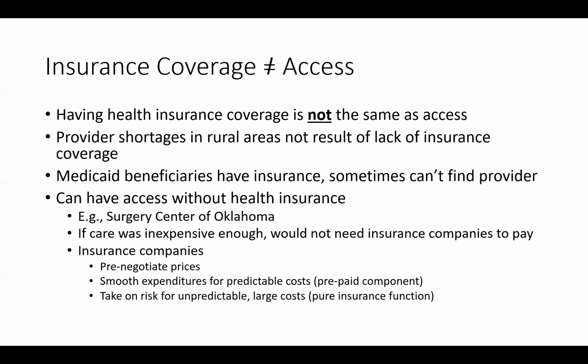Another example is this thing called direct primary care. This is a really cool movement. It's also called concierge medicine. Direct primary care: the way it works is you pay a subscription to your primary care provider. The fee might be $75 a month, $100 a month, $50 a month, something like that. You pay a fee every month to your provider, and usually you basically have unlimited access to your provider.